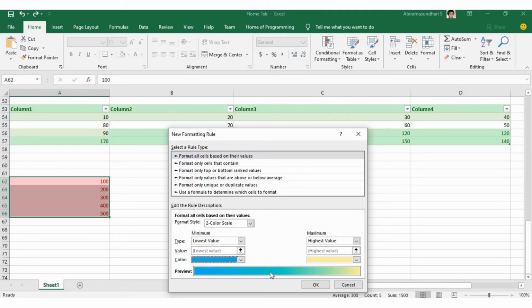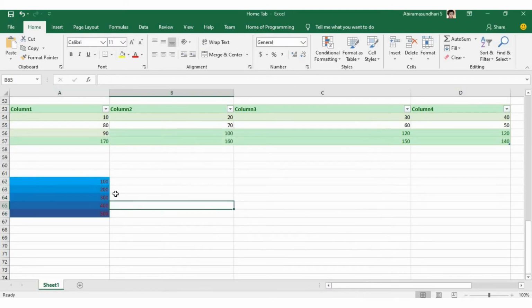So let's have blue color for lowest value and darker blue for highest value, right? Just click on OK. Now the 100 is the smallest value, so it is in light blue, whereas 500 is in dark blue, right? So in this way you can format any data depending on the rule, right?